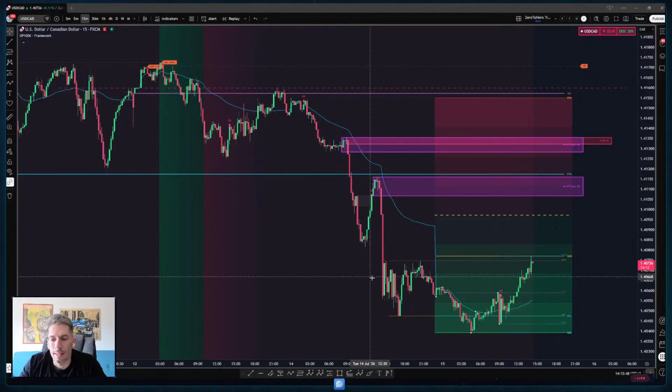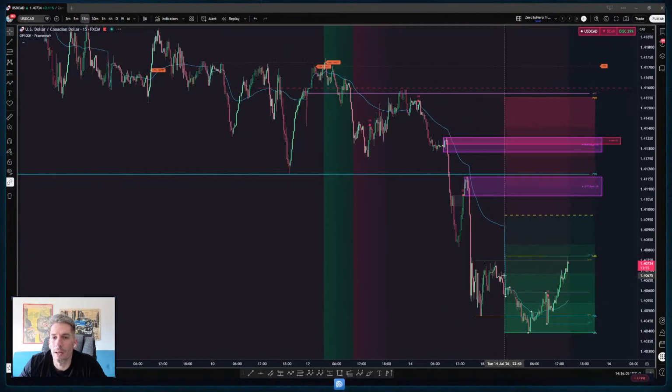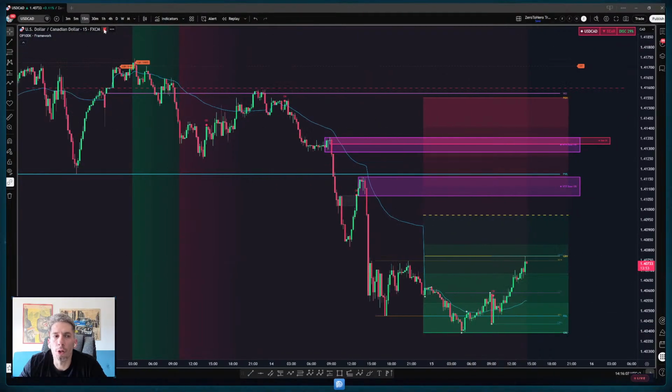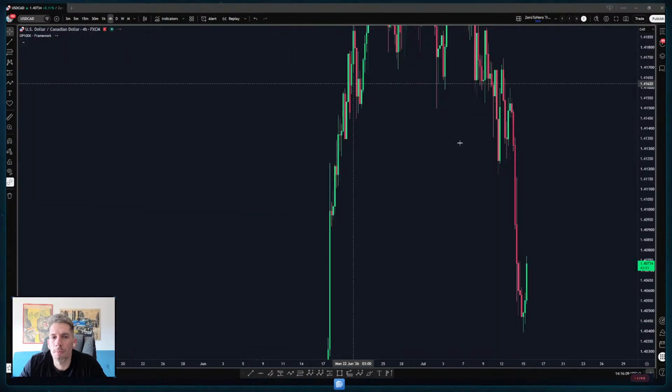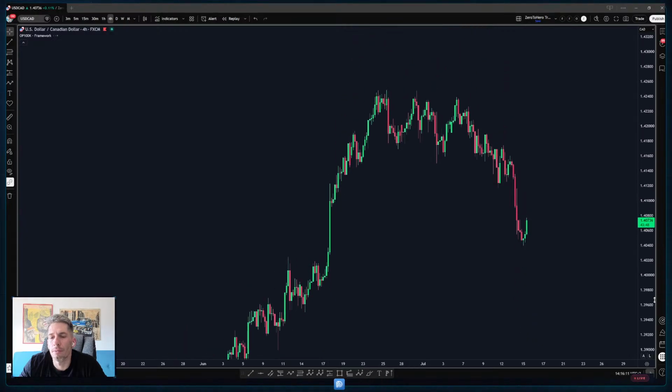Dollar CAD, let's see what dollar CAD is doing. Definitely a little bit of a higher price action. The trend is bearish. For me, I would love to see a further push down in the short term. Maybe not the long term, because if you move the time frame,